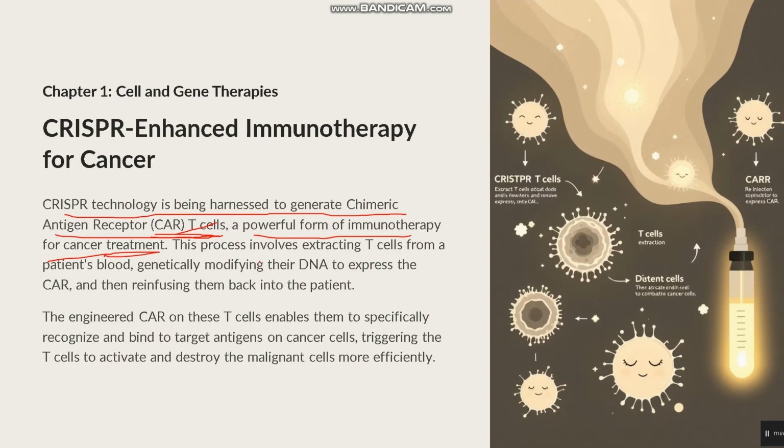This process involves extracting the T cells from a patient's blood, genetically modifying their DNA to express the CAR, the chimeric antigen receptor, and reinfusing them back into